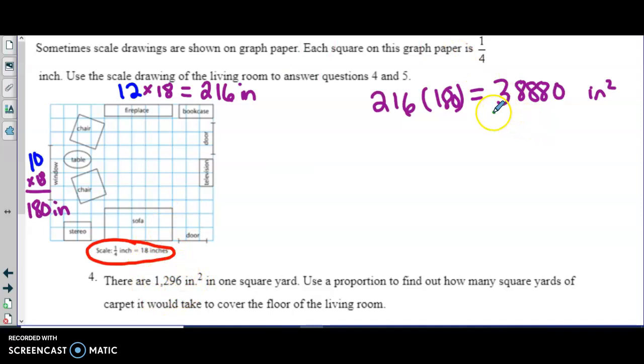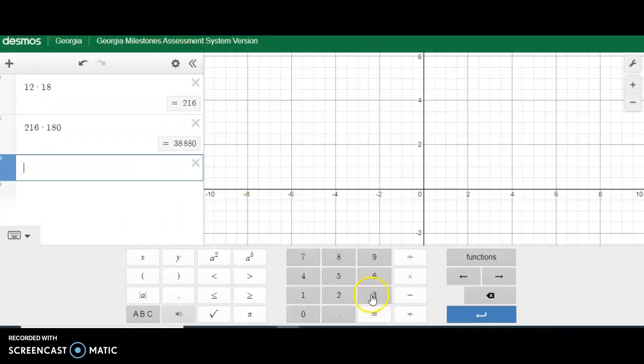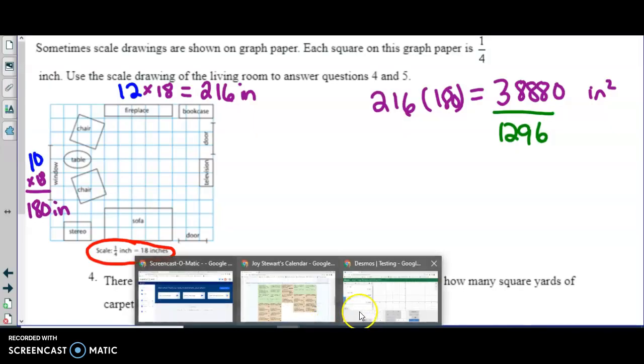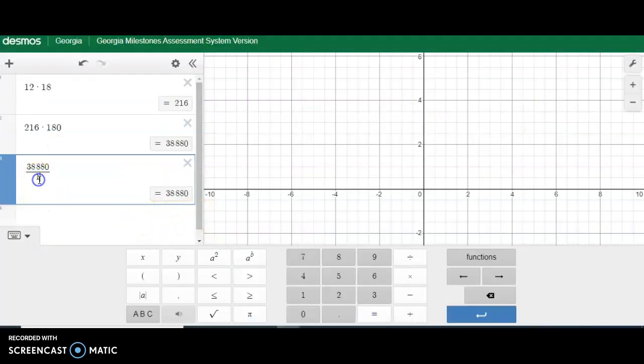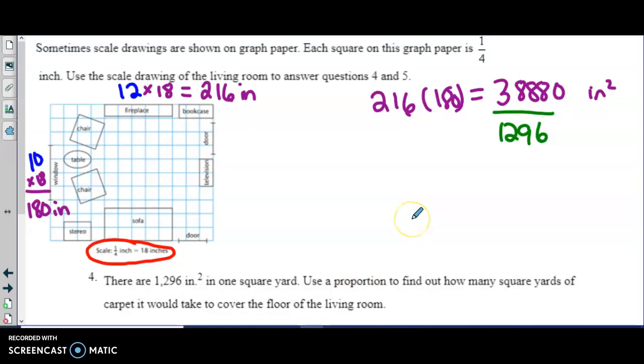So we're going to take this number, 38,880, and divide it by how many inches are in each yard, 1,296. Okay, so 30. That means that we would need 30 yards